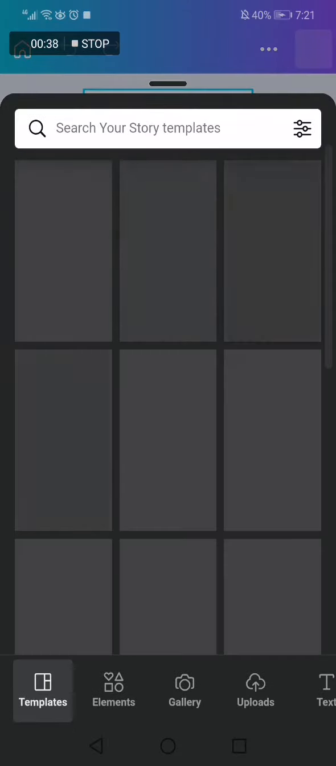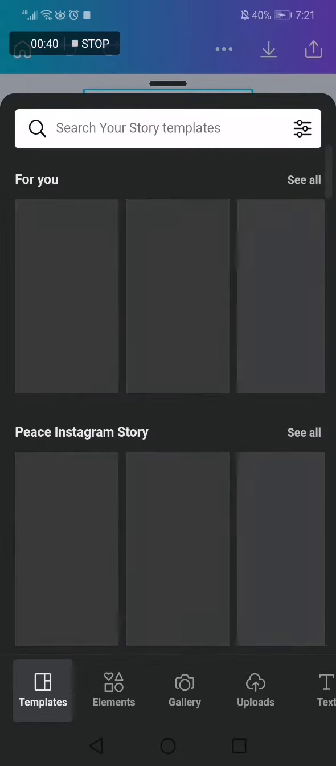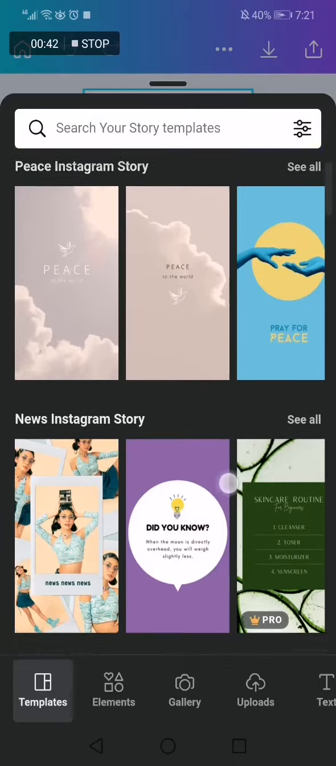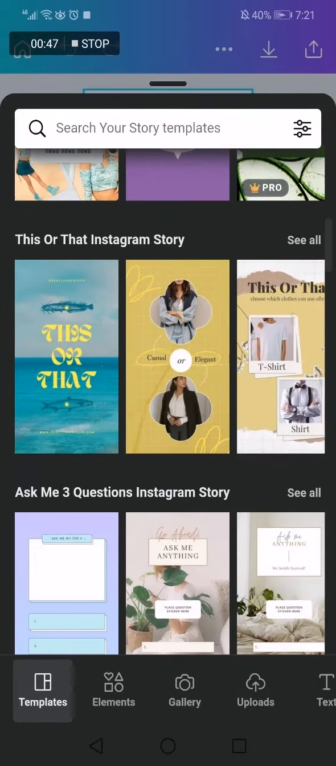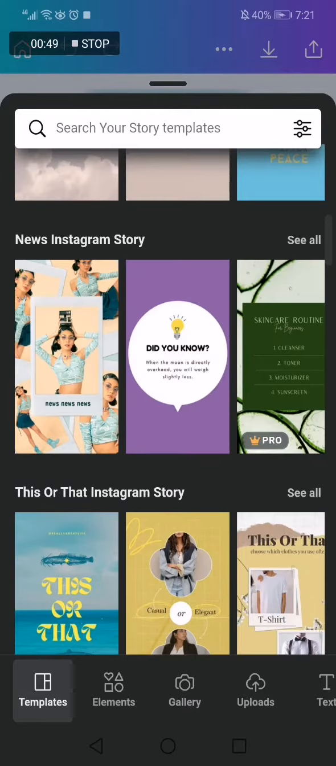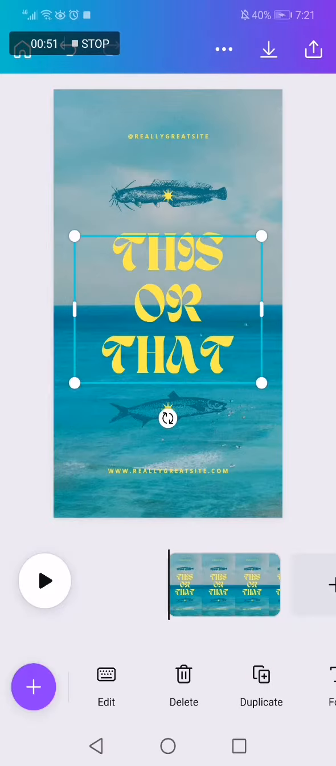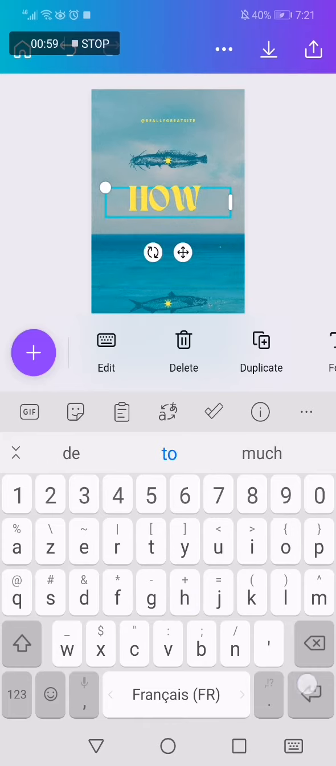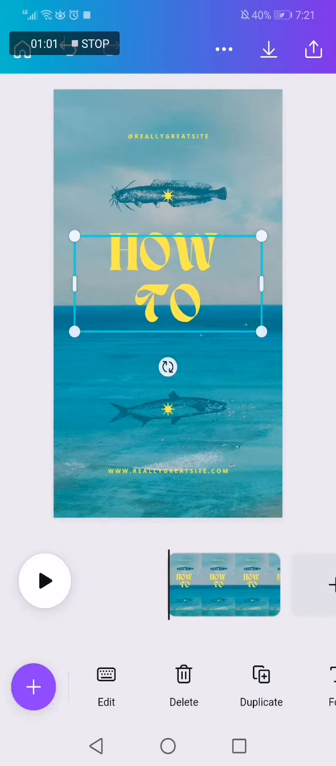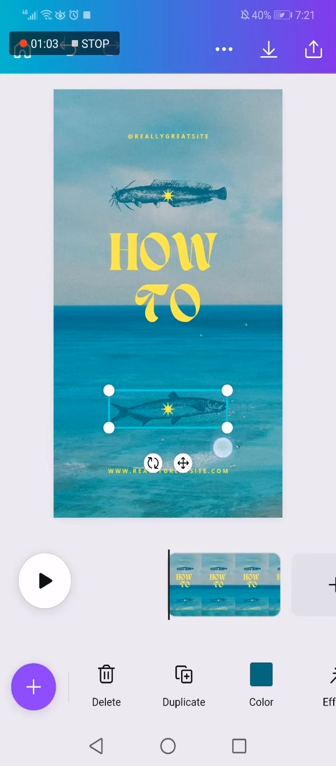and here you go. Now here is the story template. Choose one of these. Okay, let's choose this one, for example, right here. Click on it, and now you will be able to change the text and change anything you want fast and easy. As you can see here, you can change those or the website,